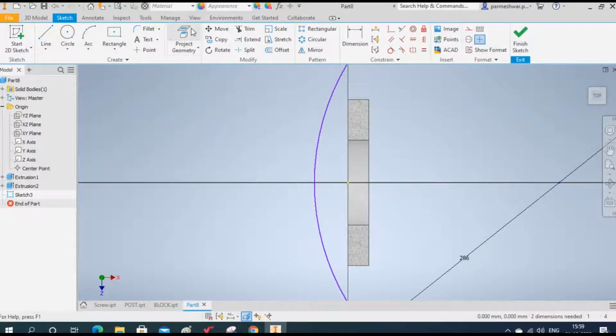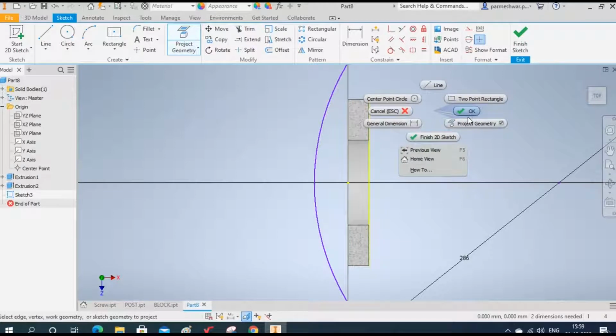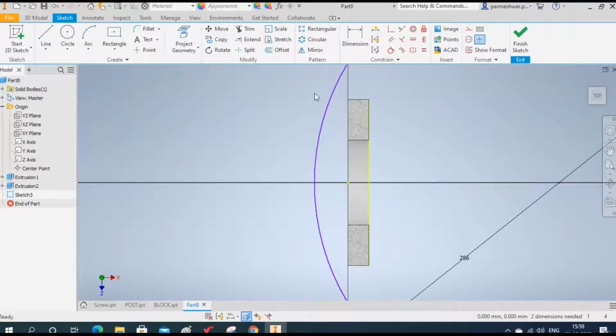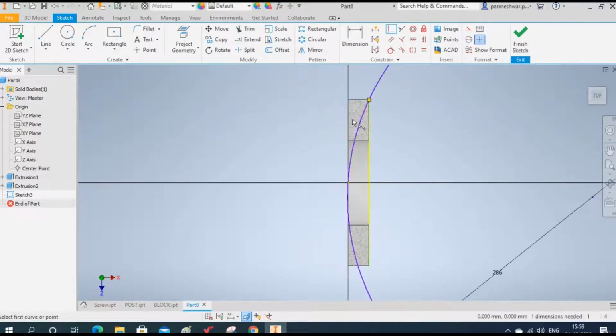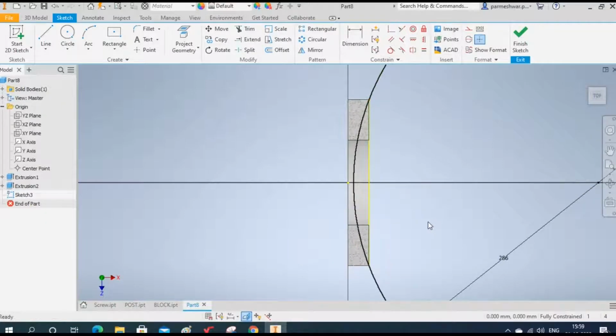So first of all I will do this, project geometry. Now using this coincident constraint command, I will select this point and select this circle, second one this point and this circle like this. Okay, next select line command, from this point join this one. Now trim these parts, so this part I don't want and this part also I don't want, I want only this sketch. Okay, finish sketch,